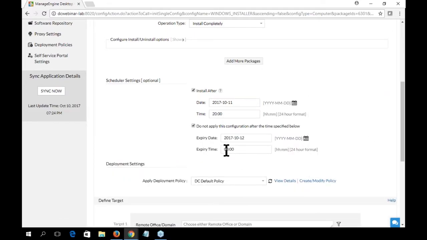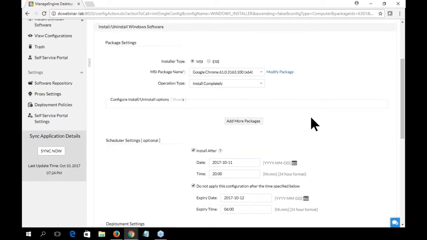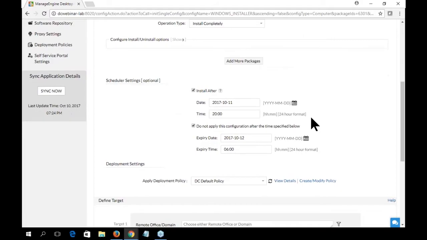So I'm going to use this option to provide 6 o'clock, when my users will start coming into the office. So I'm just providing a window frame for this application deployment. Once it's created, this application will start replicating to the target machines,